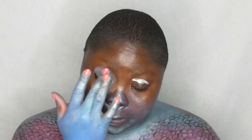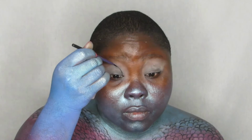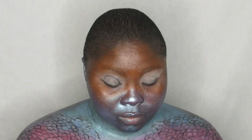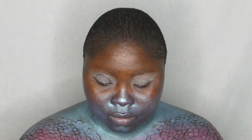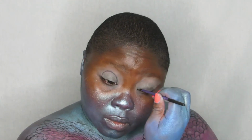Now I wanted to really block out my brows, but as I was going, I didn't want her to look too alienish, so I just left it lightened and I didn't set it, so when I put other colors on it, you can see my brows through. So I basically just put an eyeshadow primer on, and now I am using just a black face paint to carve out my eyes in kind of like a